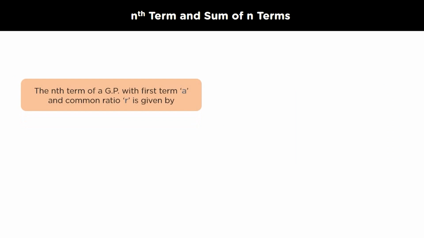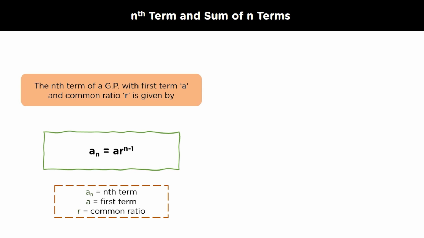The geometric progression formula is used to find the nth term in the sequence. To find the nth term in the geometric progression, we require the first term and the common ratio. If the common ratio is not known, it is calculated by finding the ratio of any term to its preceding term. The formula for the nth term of the geometric progression is an = a r^(n - 1), where a is the first term, r is the common ratio, and n is the number of terms which we want to find.